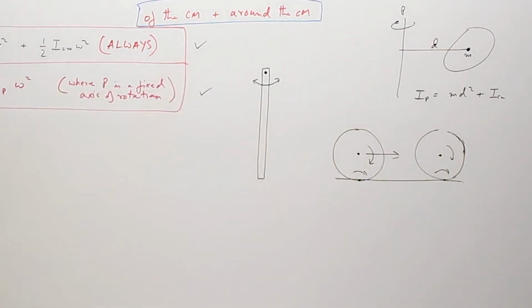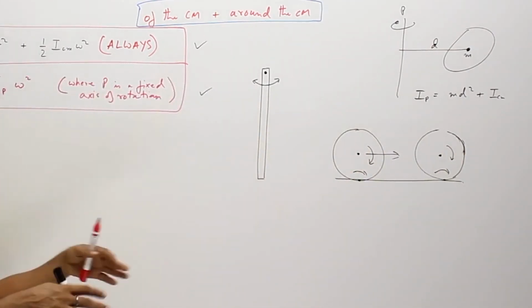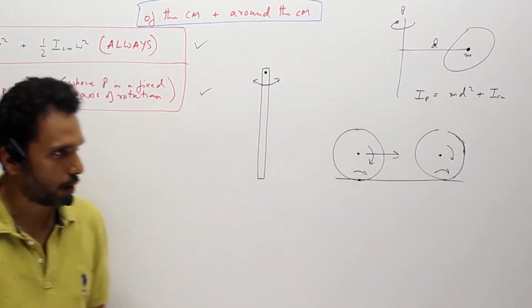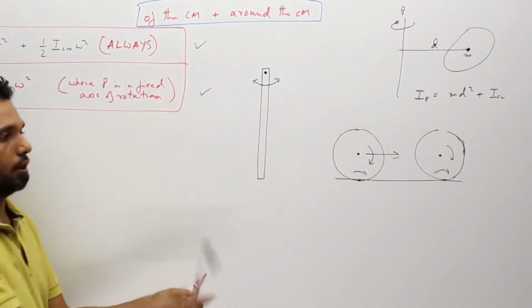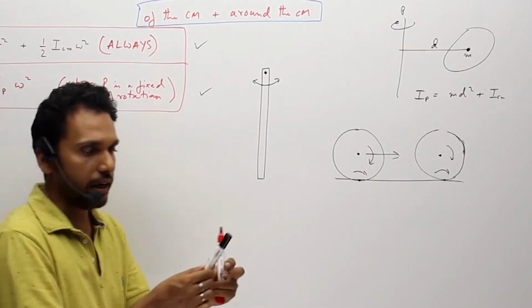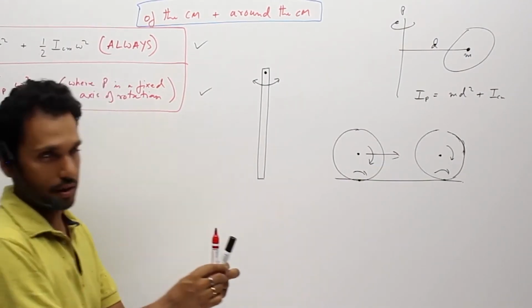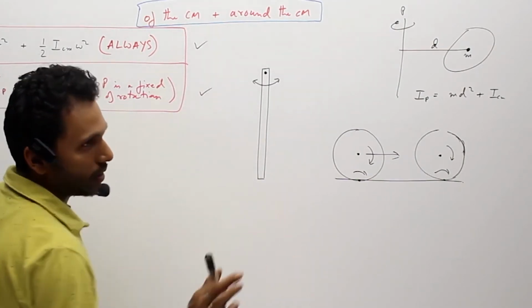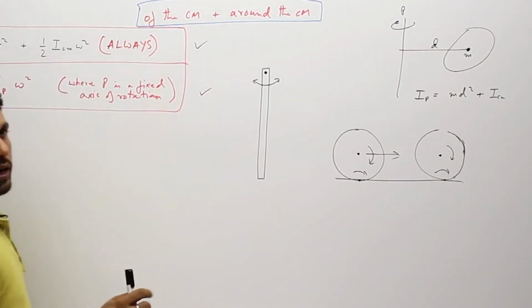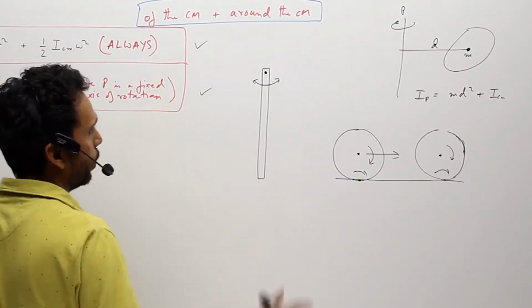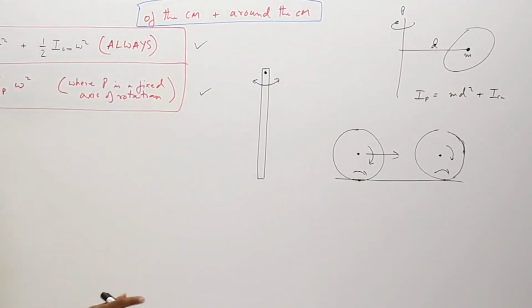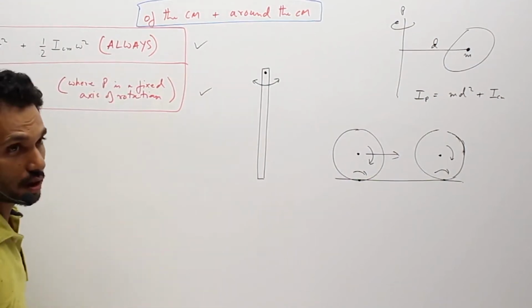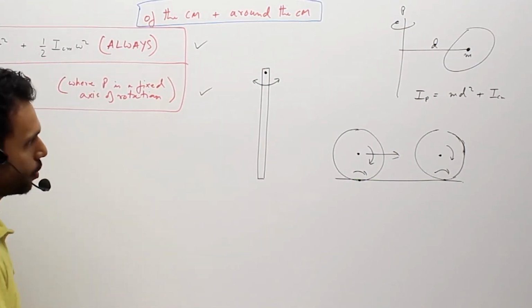So in a free body, what happens is, if you have an actual free body, this has ground at the bottom and all. But if you have a free body, if I throw this up, invariably it will rotate about the center of mass. So we can discuss that a bit later. Why it will rotate about the center of mass is a simple application of F is equal to ma, how F is equal to ma is applied on any body whether rotating or not, where a is the acceleration of the center of mass.